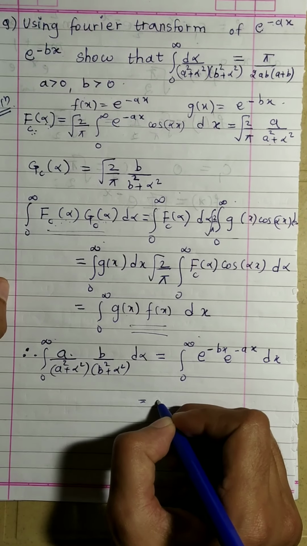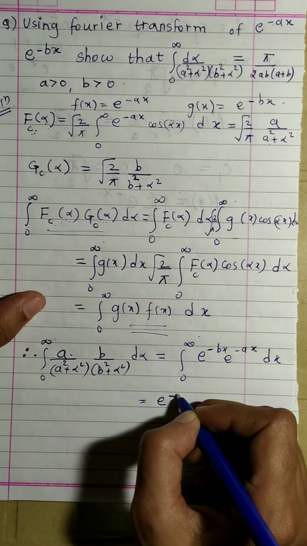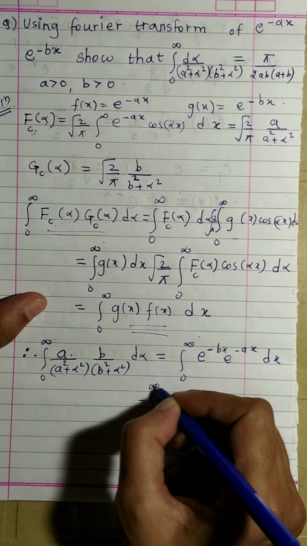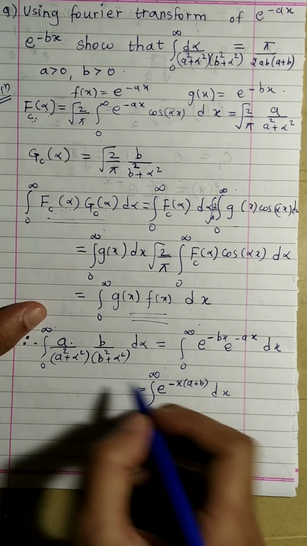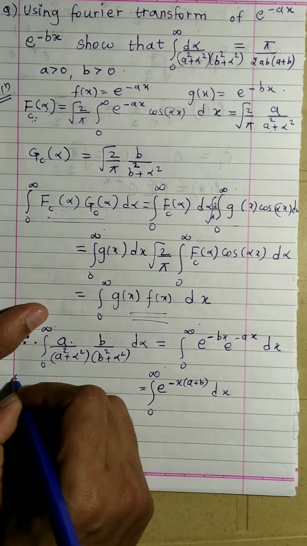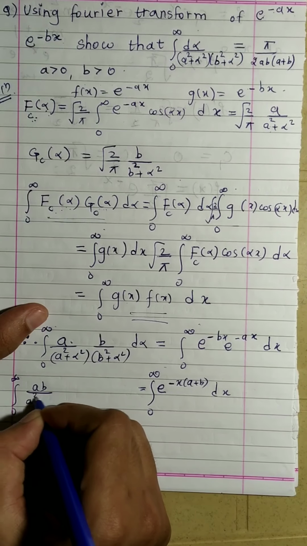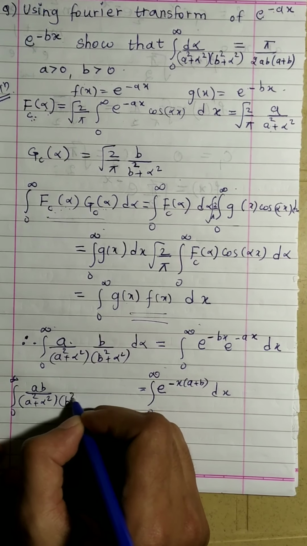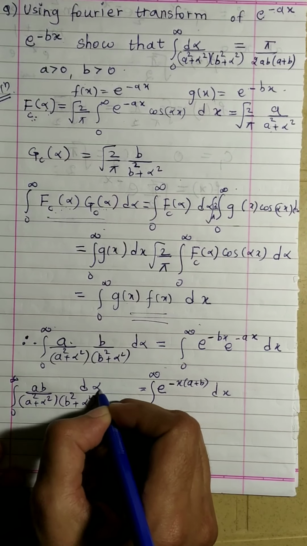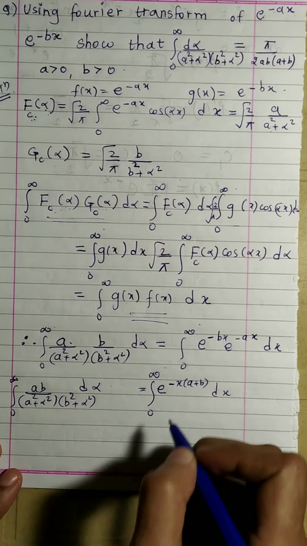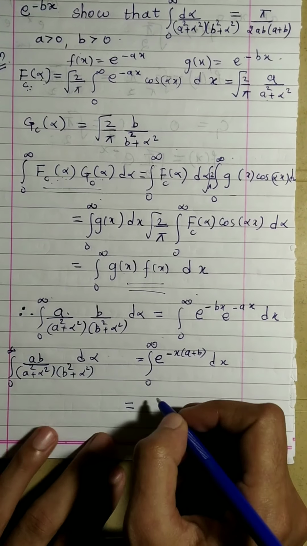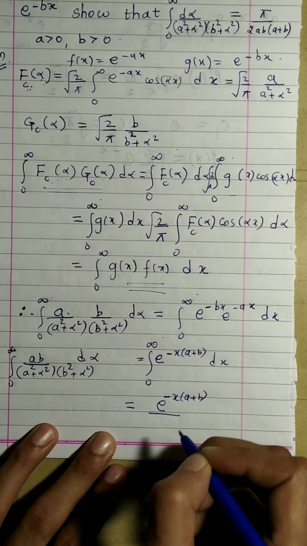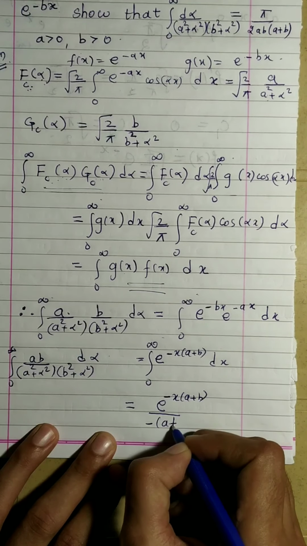This is e raised to minus x(a plus b) dx, integral from 0 to infinity, and the left side will be the integral from 0 to infinity ab upon (a square plus alpha square) into (b square plus alpha square) d alpha. If you calculate this, this will be nothing but e raised to minus x(a plus b) divided by minus (a plus b)